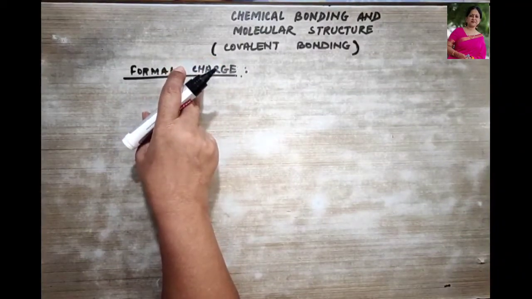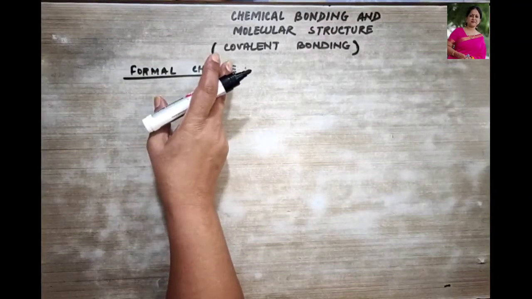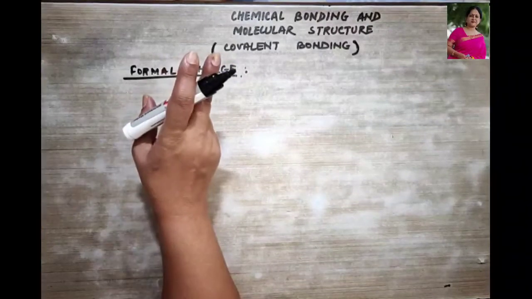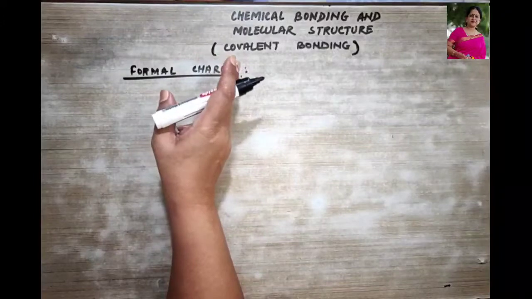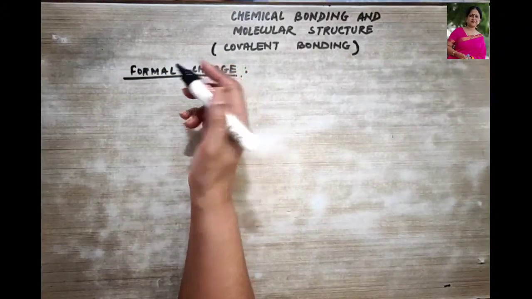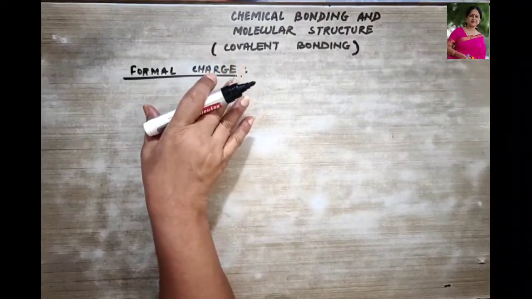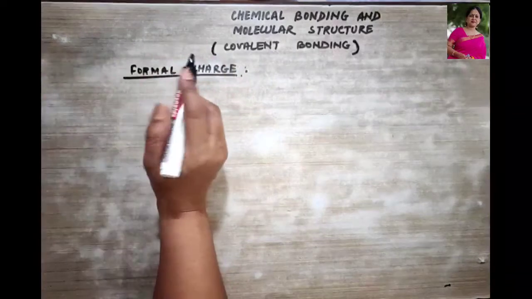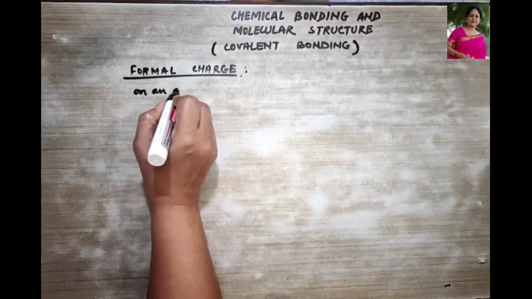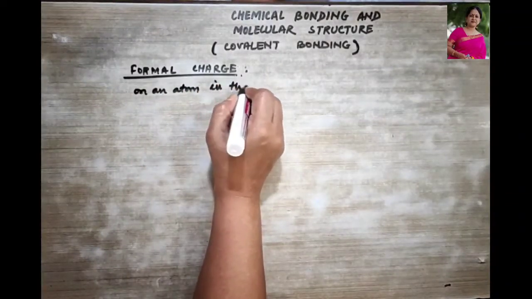They are helpful in keeping track of the valence electrons in the Lewis dot structures of the molecule, and the structure is considered to be the most stable if the formal charges on the atoms are minimum, and the negative formal charges are on the most electronegative atom. Now I'll show you what you have to do. So the formal charge on an atom in the Lewis structure